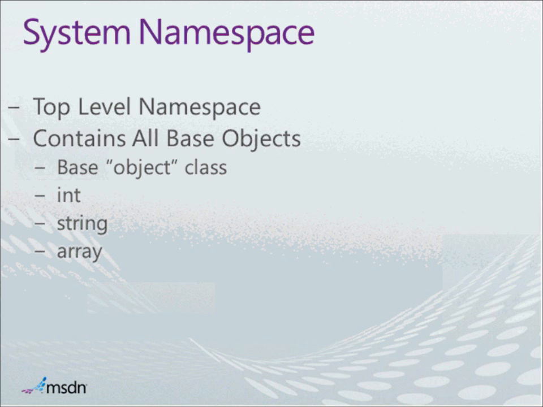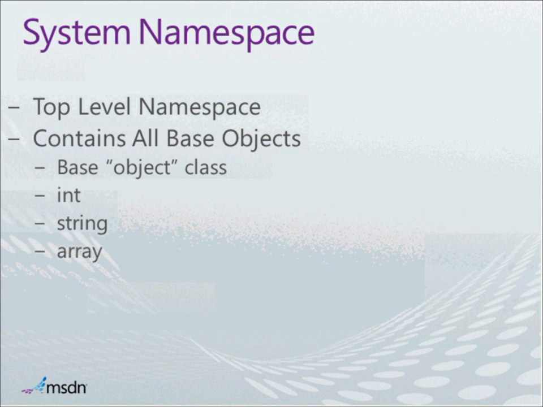Now, the very top level namespace within the .NET framework is one that you're going to use more than any other, and it's called the system namespace. The system namespace contains all of the basic functionality that the .NET framework provides. In fact, it contains the very basic object class, which every object within the .NET framework derives from. The object class is basically the granddaddy of all objects, and everything that you deal with within the .NET framework is going to be built from an instance of that object class,